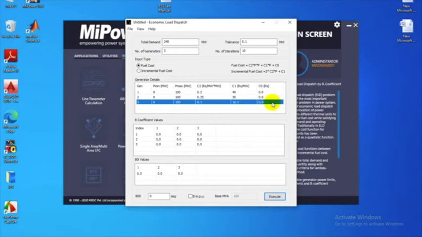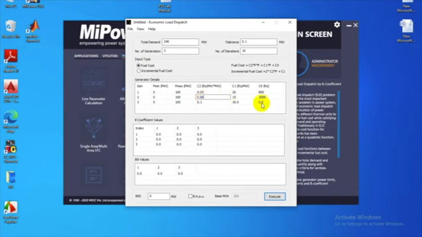Now what is C0? For cost equation 1, C0 is 800, C1 is 20 and C2 is 0.05. Similarly for generator 2, C0 is 1000, C1 is 15 and C2 is 0.06.